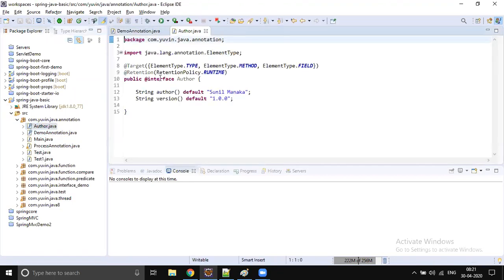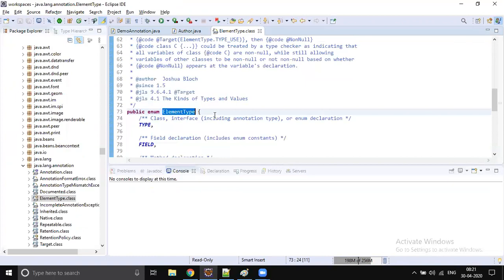While writing your annotation, you must specify the target. Target means where we are going to keep this annotation: on top of a class, on top of a method, on top of a field, or on top of a constructor. Around seven to eight types are allowed here.